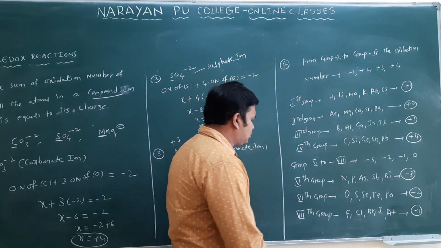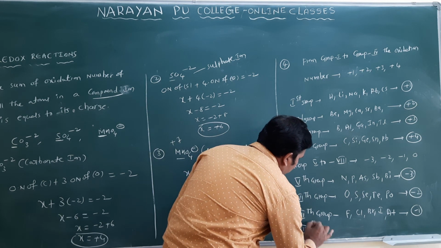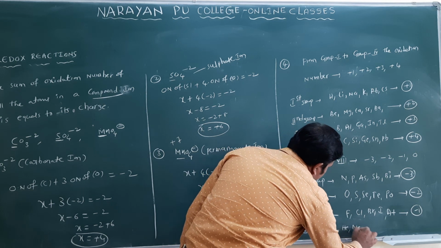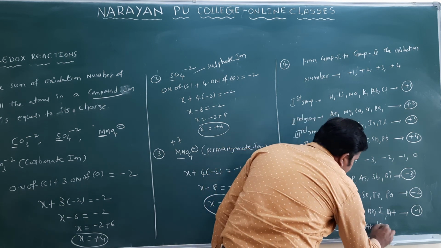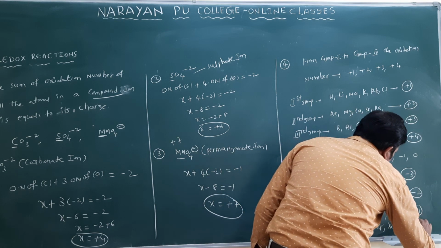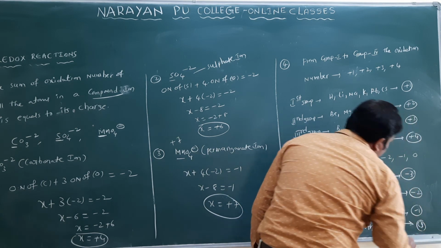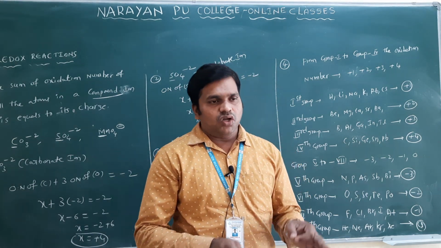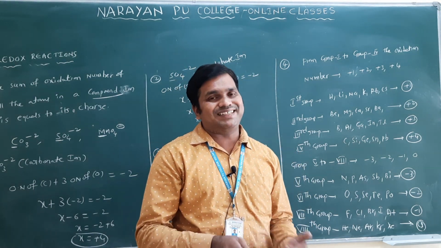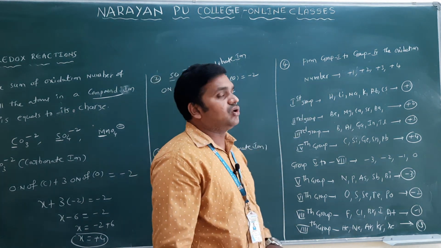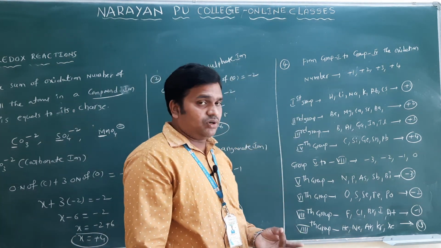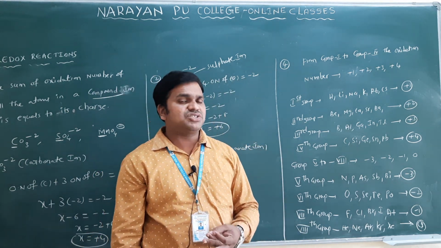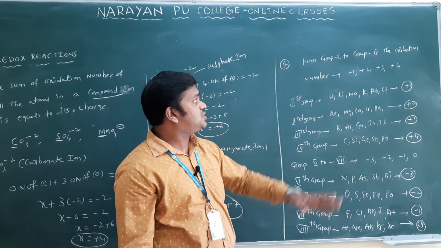Come to the eighth group elements. What are the eighth group elements? All are noble gases only. If we take helium, neon, argon, krypton and xenon, radon also, these elements are there. What is the oxidation number? We can say 0 only. I am telling normal oxidation numbers, not discussing exception cases and all. So this is regarding oxidation number. Simply 1, 2, 3, 4 we have plus numbers: you can write +1, +2, +3, +4. From the fifth you can write -3, -2, -1 and 0. So this is the fourth rule only.